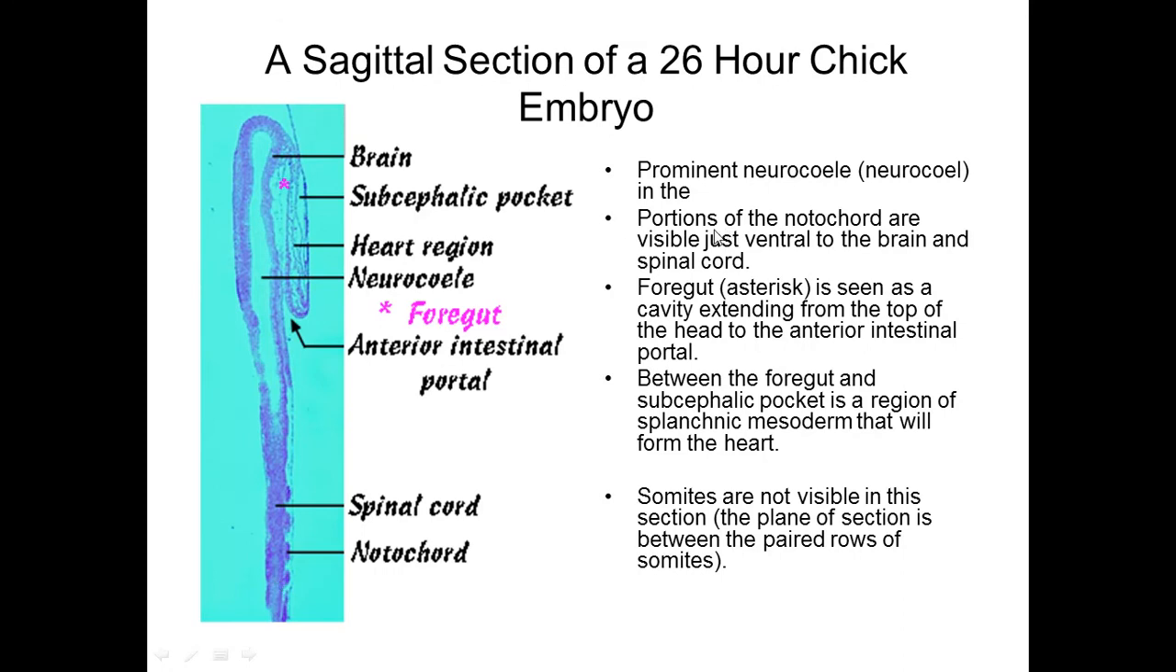So you're seeing on this micrograph a very prominent space on the dorsal side of the animal. This space here is said to be the cavity of the neural tube. So we call it the neurocele. Some portions of this space will become the brain, and the other portions will become the spinal cord. Right. Now, just below it, you can see the first part of the